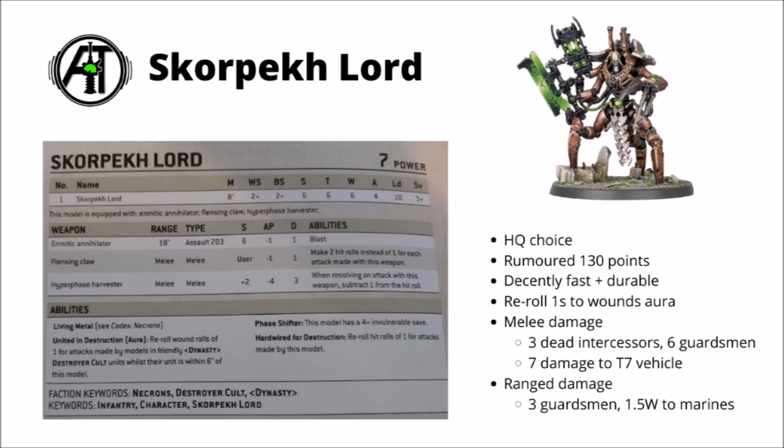He'll kill around about 3 Intercessors with that Hyperphase Harvester, about 6 Guardsmen with the Flensing Claw, or do on average about 7 damage per turn to a toughness 7 vehicle. Overall he seems like a pretty reasonable HQ choice to think about if you are thinking about running some Destroyer units,